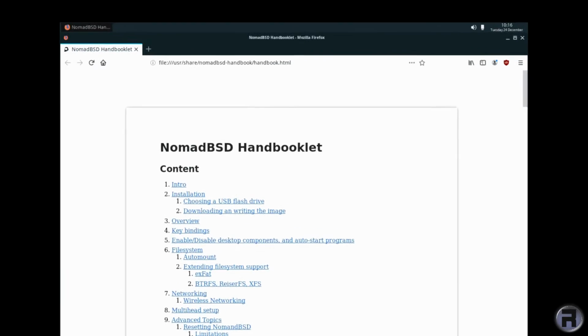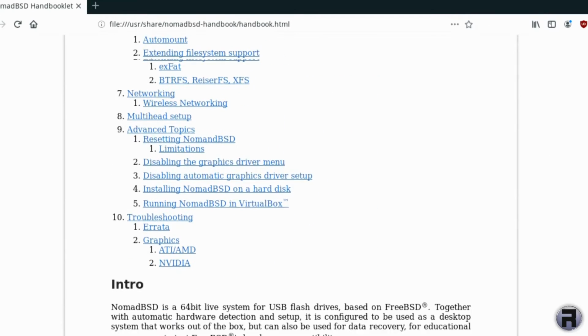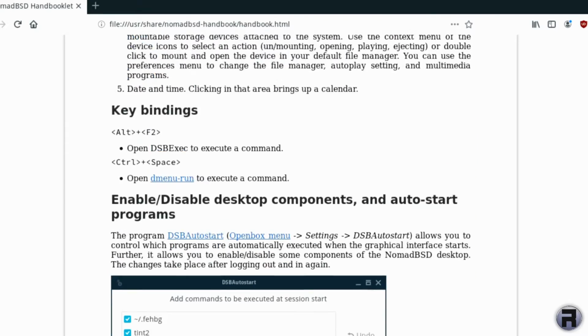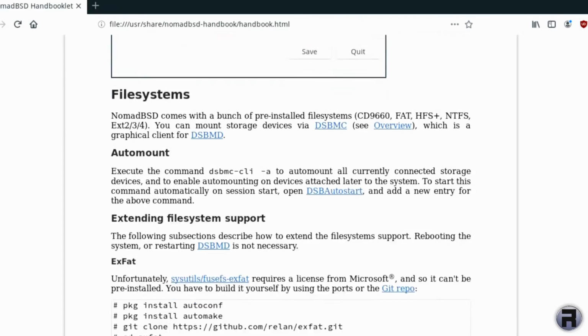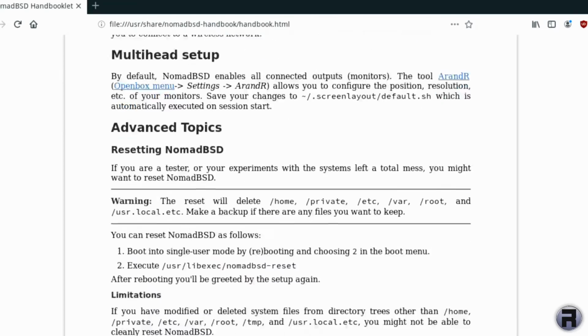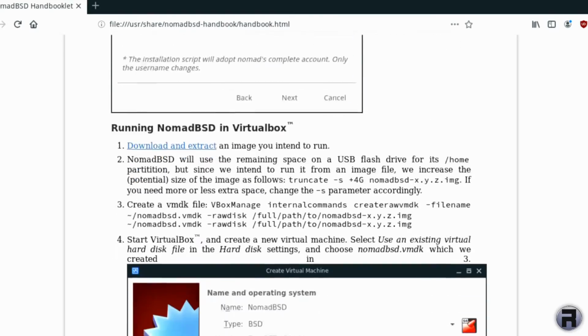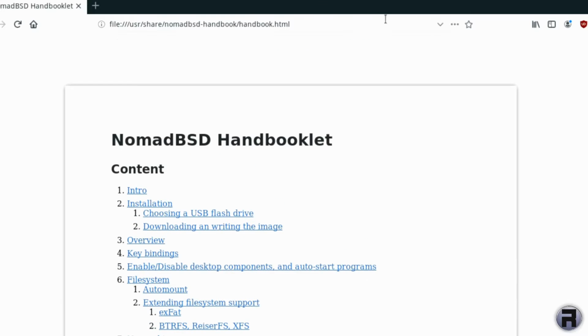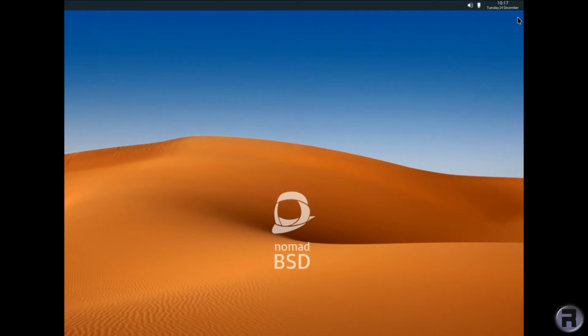And it takes you to, and this is the fantastic thing about this, a handbook that's actually stored on the computer. So it brings up the HTML file. So even if you didn't have networking available, you could still look up a solution to your problems, or indeed get networking enabled. Very good. Right, changing to the top,